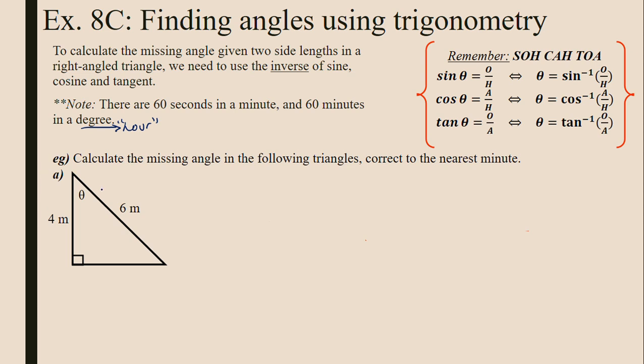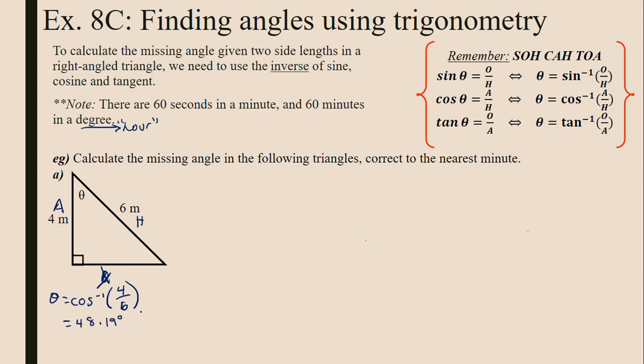Again, the first thing you should do is label the side lengths. Here we have theta. The side that is across from the right angle is our hypotenuse. The one directly across is our opposite side, and our side directly next to it is our adjacent. So here in this triangle we have A and H. We don't have information on O, so we need to use cosine. So theta will equal the inverse cosine of A over H. Substituting directly in, A is 4 and H is 6. If we type that into our calculator, we will get